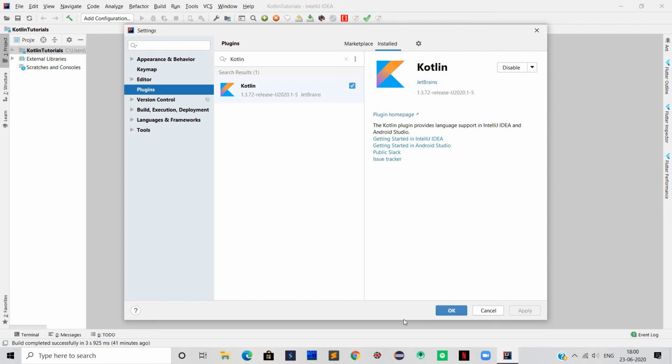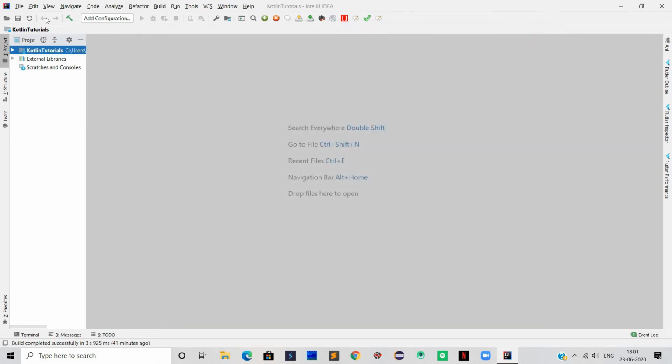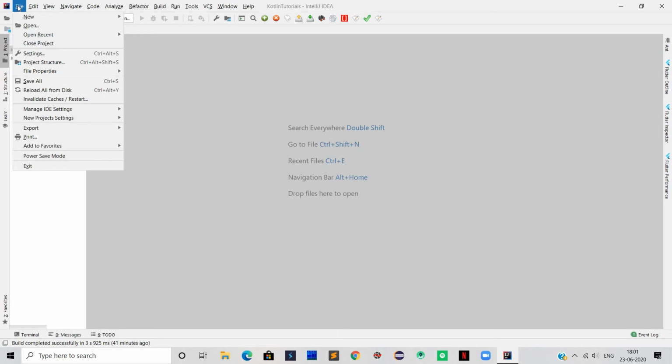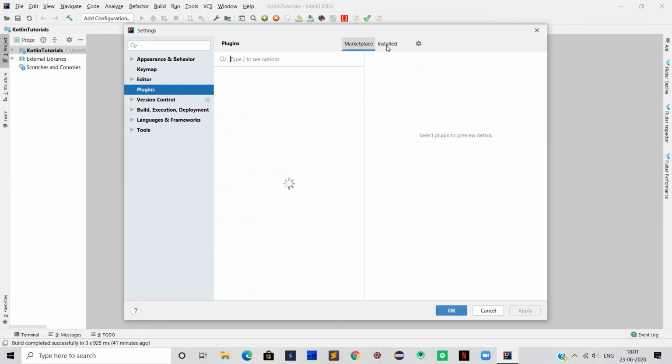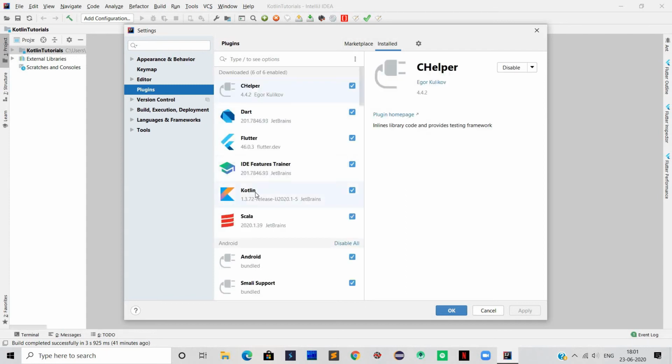After you click install, IntelliJ downloads the Kotlin plugin and installs it, and it may also restart the application. After your application restarts, you can cross check if the plugin is installed or not. You can go to settings and plugins, and in the installed section you can see the Kotlin plugin. So the Kotlin plugin has been installed successfully.